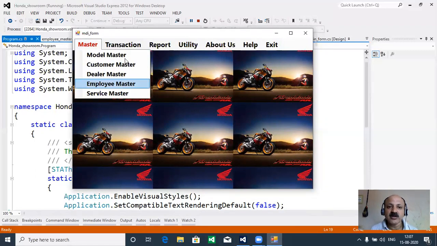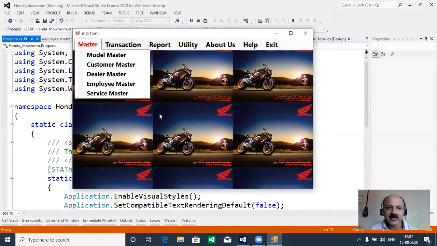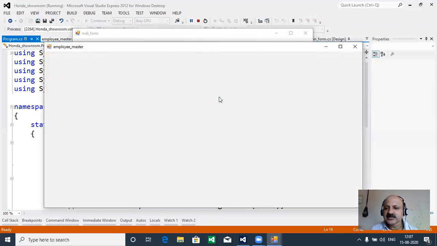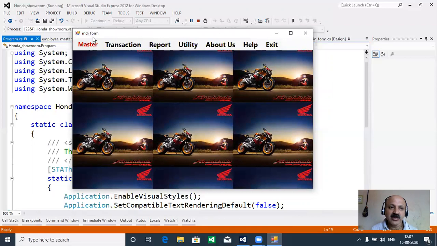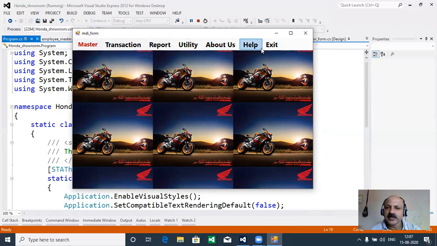So many forms in that form world. So that is called multi-document interface. And then that single form is a single document. There is no child form. We can say that there is a single form. So that is MDA. So we can give the MDA form. That is the main target to reach that form. So flush screen, then login form, and then MDA, and then that child or that sub, all this operation we are taking like here. So I hope you can understand what is MDA form designing.